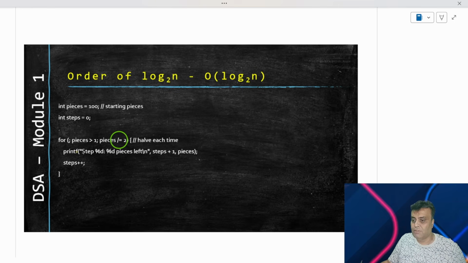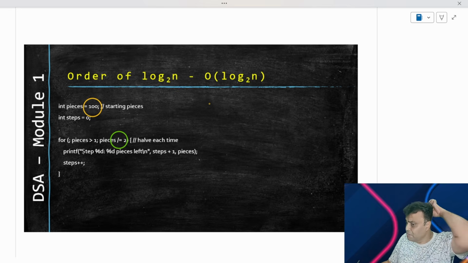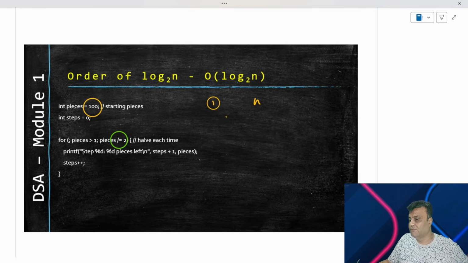So what do we have? We are basically halving a piece every time the loop runs. We have taken some pieces and we are taking half of the count of those pieces every time. So that's what 100 we have taken as the pieces, and we are reducing those pieces by half every time. What does that mean? It means that we started off with n. The first time we entered, it was n. The second time we enter, this n has become n by 2. The third time we enter, this n has become n by 2 square.